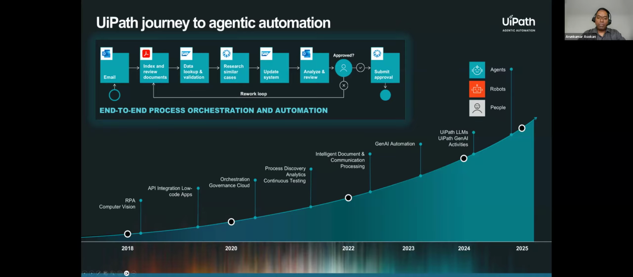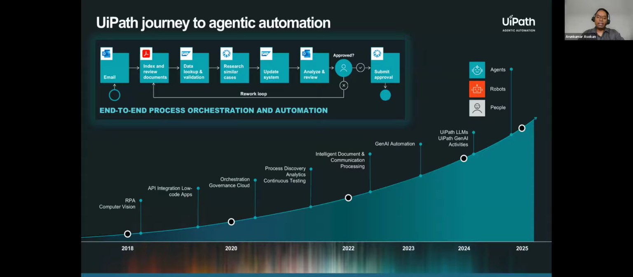There were a lot of new features, products, and capabilities being added, and we slowly moved from a robotic process automation era into an intelligent automation era between 2019 and 2022. In 2022, we had process discovery capabilities along with intelligent document processing and communication processing capabilities with Communications Mining and Document Understanding. And the really fun part started recently in around 2023, 2024, where we have Gen AI,